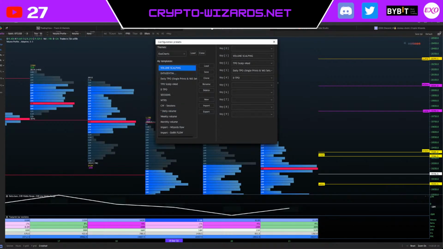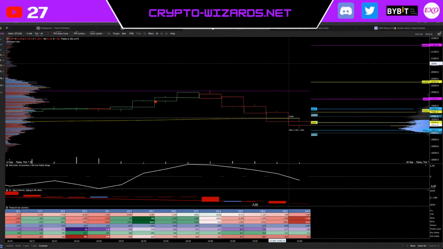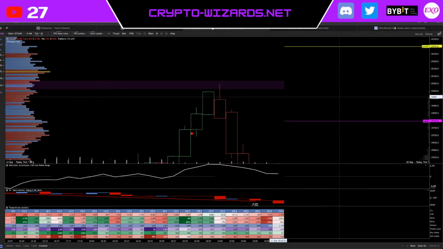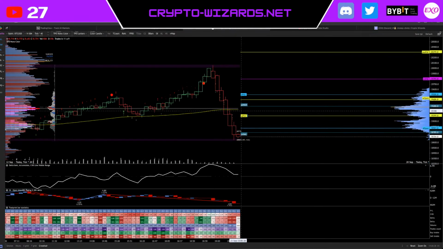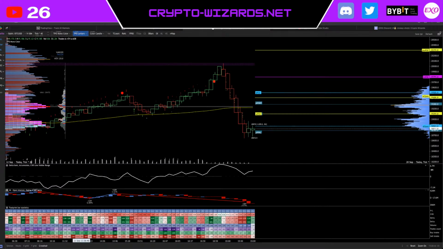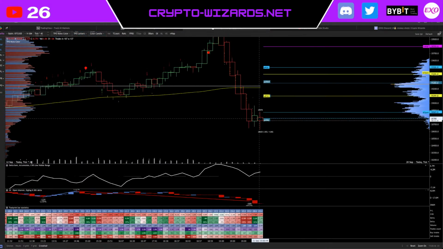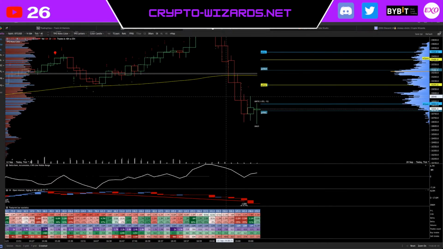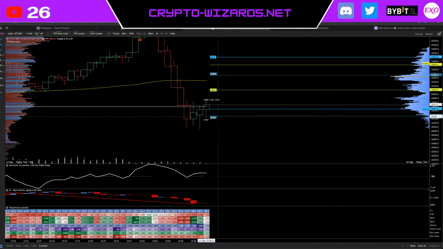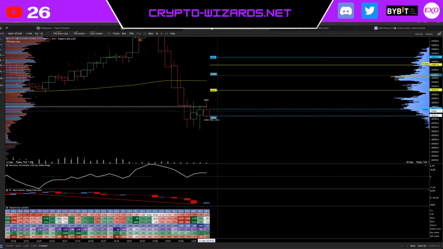I will go to the volume scalping template, even though I'm not really using this anymore. It will give us a good visual way of spotting how much liquidity we have, since these candles are based on volume. Initially we are getting some sell-off, but as we all know, crazy volatility incoming. Right now we are trying to break through previous day while you are yellow. So let's have a look if we can break through this. So far it looks like we are holding this, but I'm not scalping this. I'm just gonna be giving you some commentary on this.